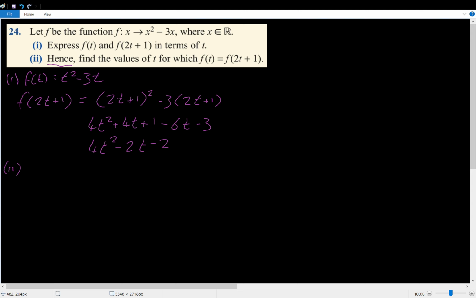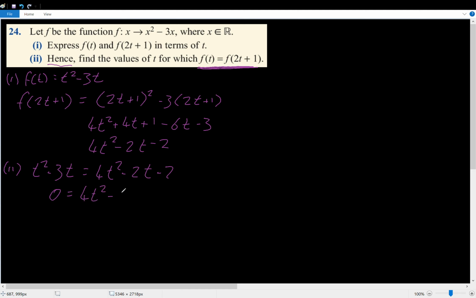So we're going to rewrite our equation from the right here, but instead of writing the f of t, we're going to write down what we figured out to be the f of t, which is t squared minus 3t. And instead of the f of 2t plus 1, we're going to write down what we found out to be the f of 2t plus 1, which is 4t squared minus 2t minus 2. Now I'm going to bring everything from the left over to the right so that I get everything on the same side. So I'm going to have 0 equals